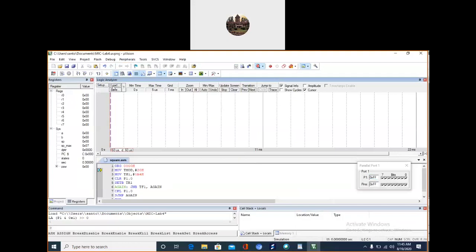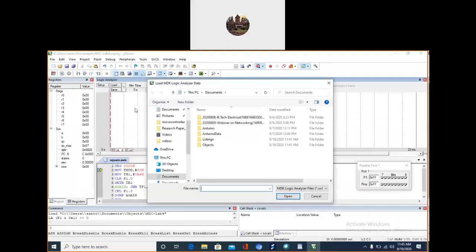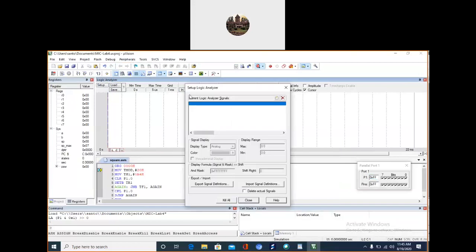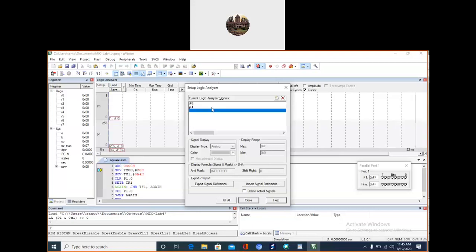Load. No necessity to load the data now. Why is it not showing? Setup. Current logic analyzer signal is one. We make it analog.